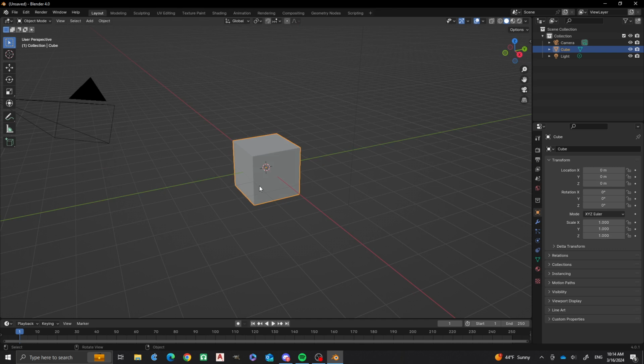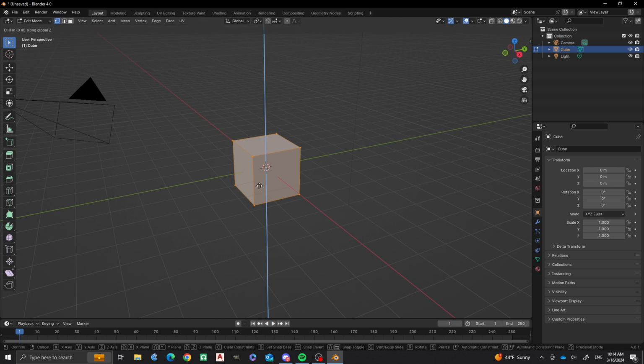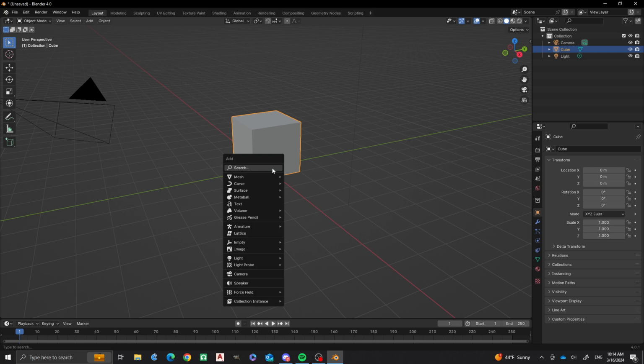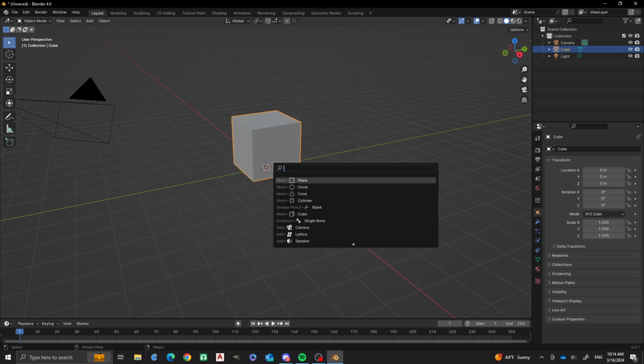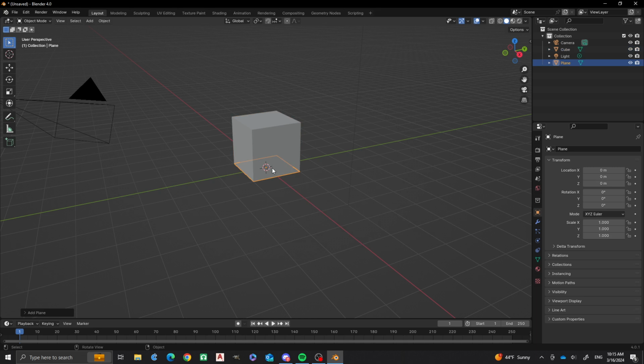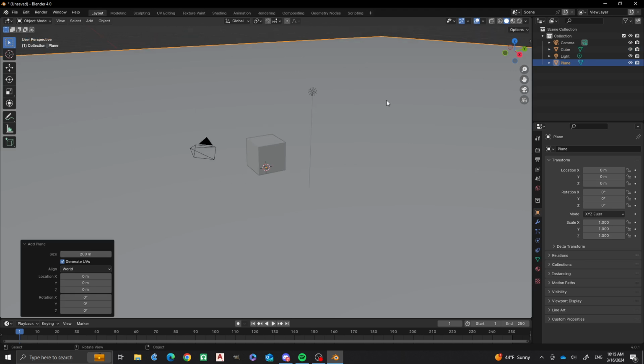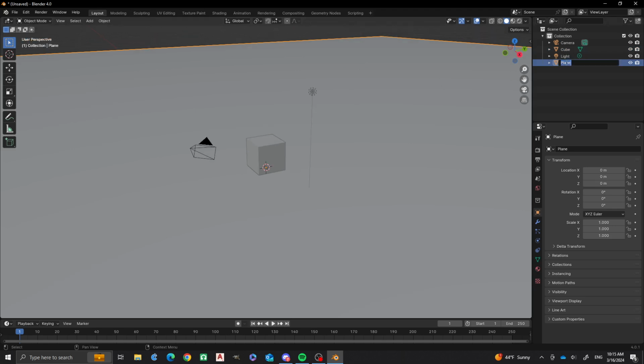scene here. So first, I'm going to tab into edit mode, and I'm going to do G Z 1 for the default cube. Tab out, and then I'm going to do Shift A, and I'm going to add a plane that I'm going to have represent my print bed for all my 3D printed projects that I'm doing here. So now, I'm going to change that size to 200. Okay. There we go. And now we have this plane,